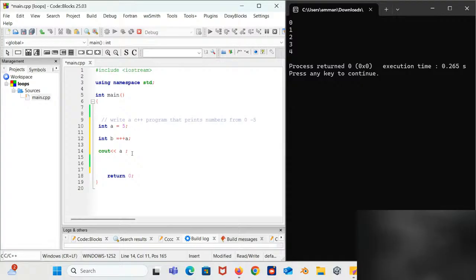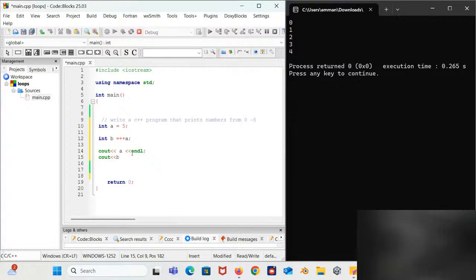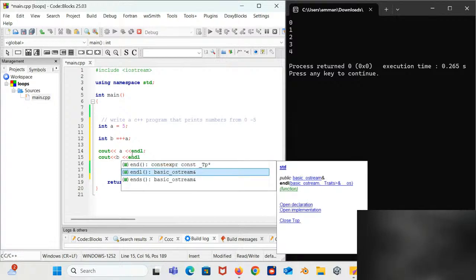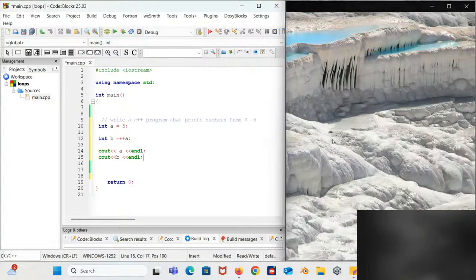Let's try and see. Let's do this. Endl. Let me say, let's see, cout B. So when we compile it, let me compile it, right?